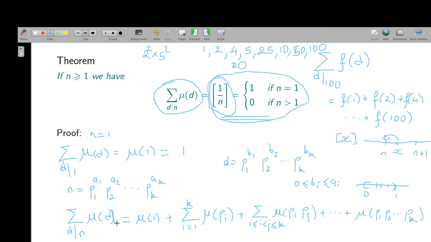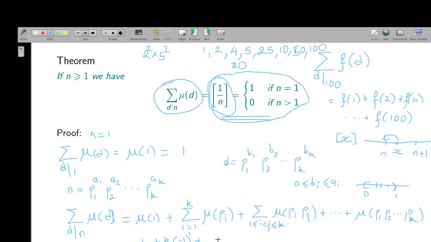That is, we are only bothered about the square free integers, but mu of 1 is 1, mu of a single prime is going to be minus 1 raised to 1, which is minus 1. So this will be k times minus 1 raised to 1 plus,